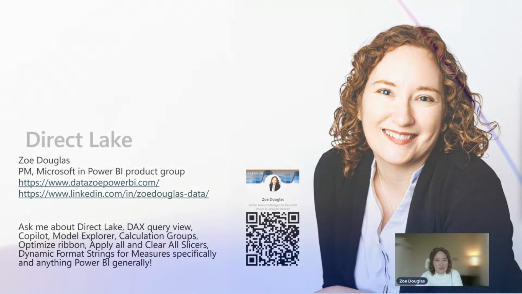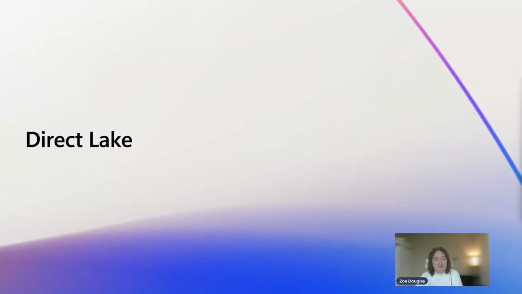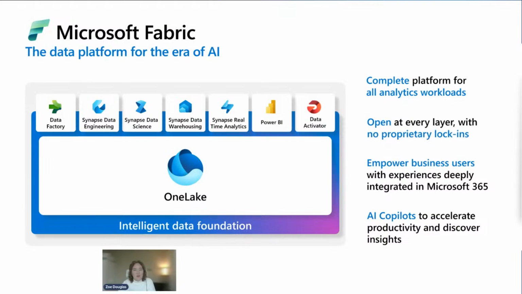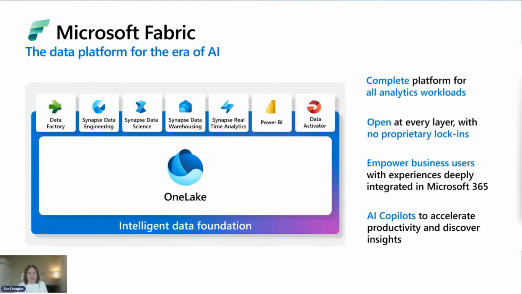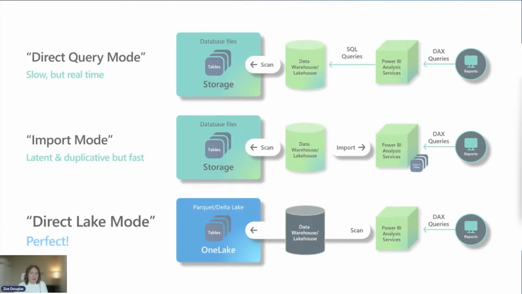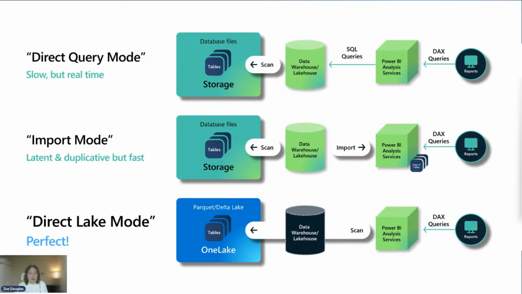All right, so let's get into Direct Lake. I'm sure most of you have probably seen this slide now about Microsoft Fabric, and everything is on OneLake. And this is critically important for Direct Lake, right? The whole point is that Direct Lake works because your data is in OneLake. To go over this really quickly, once it's in OneLake, it's available not only for Direct Lake models, but everything else that we have in Fabric. So I'm just going to skip past that one